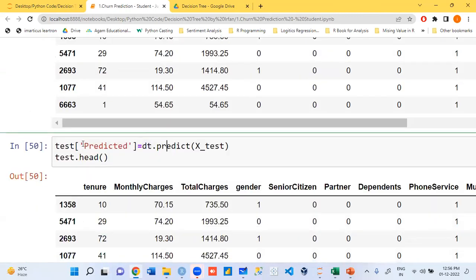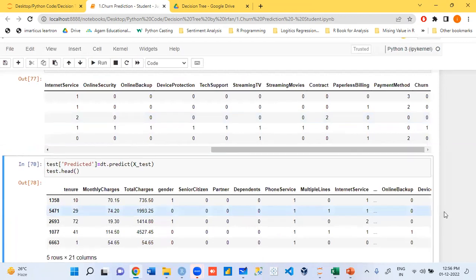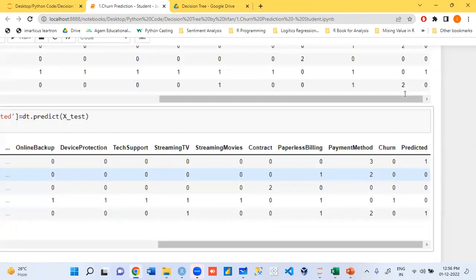Predict for X test. In the test, make a new column called predict. If you see prior, we did not have the predicted one. Now we have predicted.